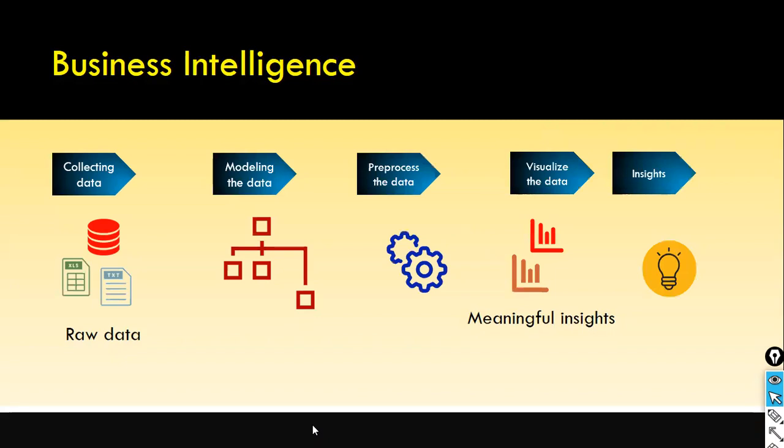The next one is business intelligence. What is business intelligence? Business intelligence is nothing but a set of processes, architectures and technologies using which we convert raw data into meaningful data. It is that simple. What do you mean by a set of processes? A set of processes is nothing but, if you want to perform any analytics, you need a report, isn't it?